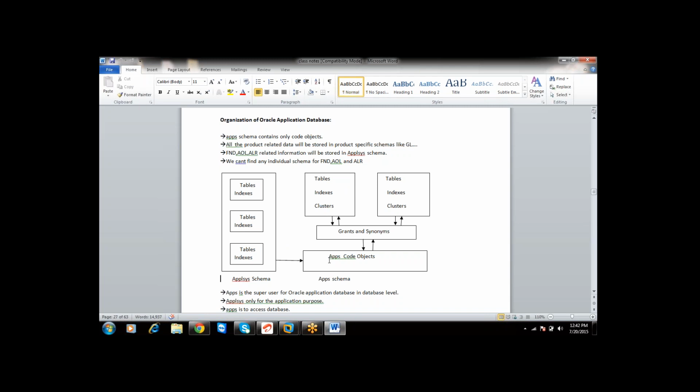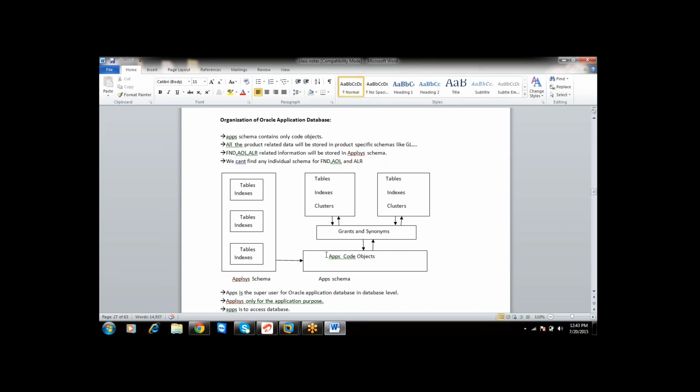Apart from this, there are some tables in the database called DBA tables, like DBA_TABLES, DBA_TABLESPACES, such kind of things. On such tables, your apps schema may not have some grants. So that is your own requirement. If you want to give ownership on DBA tables to the apps schema, then you can give. If you don't want to, then you can leave it.